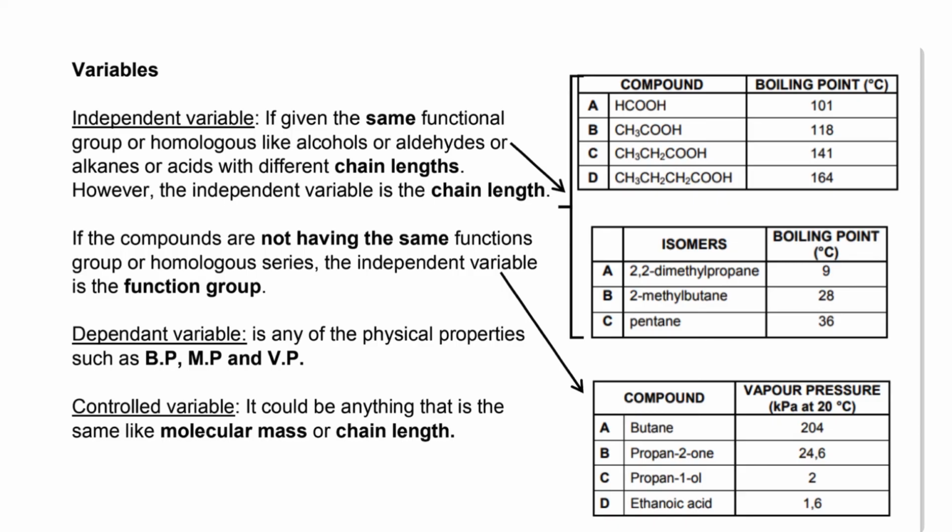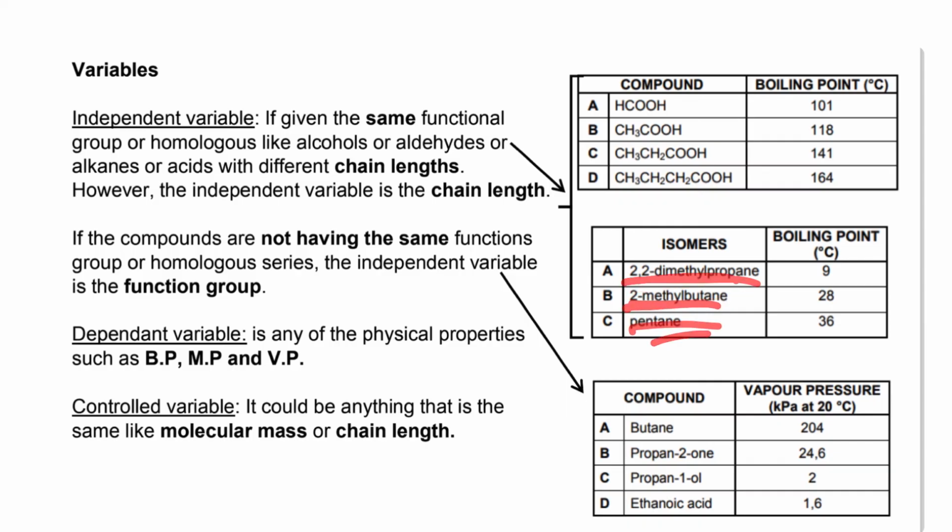It's not the functional group, they have the same functional group. So what makes them different is the chain length as well, or the surface area, right? That's the independent variable. Dependent is that, and the control variable here is what is the same. The control variable will be the functional group here, because they have the same functional group or